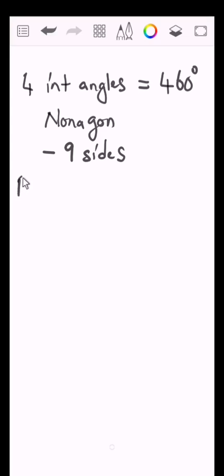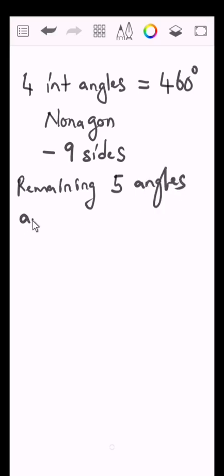So the remaining 5 angles are equal. Our question says find the size of each of the remaining angles. So this is very easy, but what we first need to understand is that we are dealing with a nonagon, and the nonagon has 9